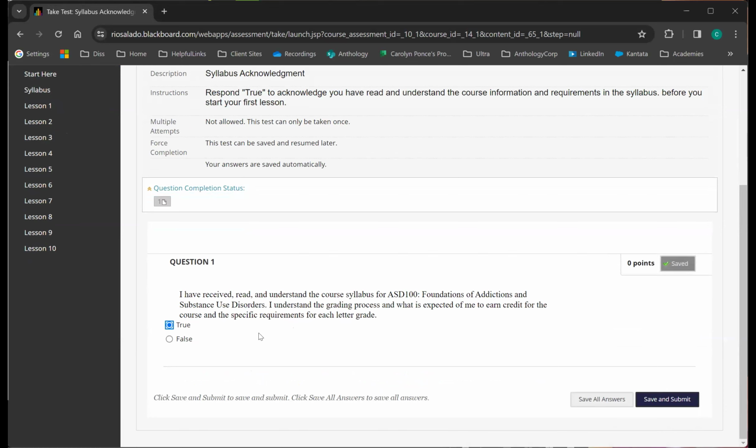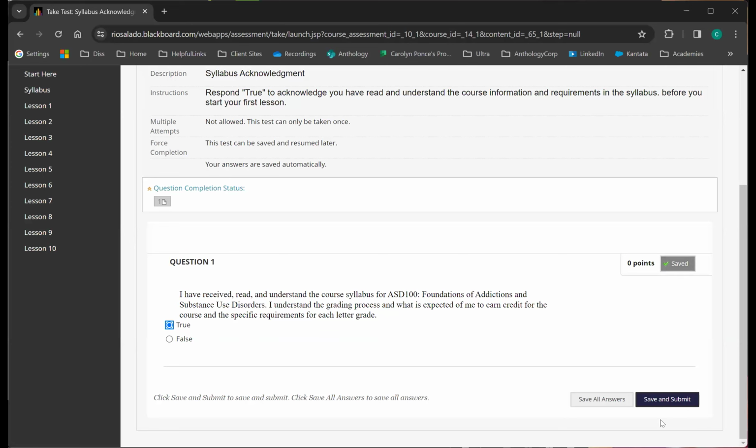So I've read and understood. And if you notice, this particular question got a little icon saying that it has been saved. Now, the save button over here on the right-hand side is a button that the students could click if they wanted to, but the questions do auto-save. So as the students are going through and answering questions, it will save it for them. They don't have to think about or worry about clicking save unless they really do have to click a button. Some people just need to click a button.